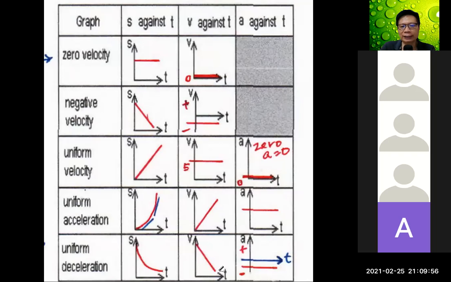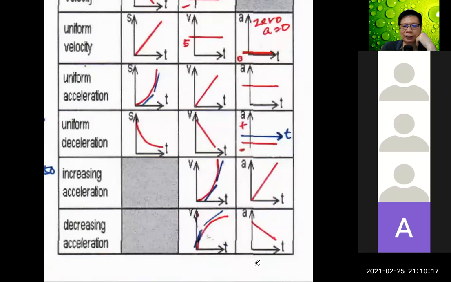Okay, uniform deceleration. And for acceleration time graph, uniform deceleration means that A is negative. Acceleration negative, so you put down here negative acceleration. Okay, up here is positive, down here negative. Okay, and for last two,